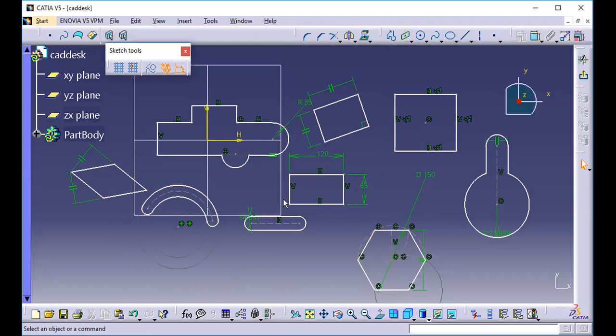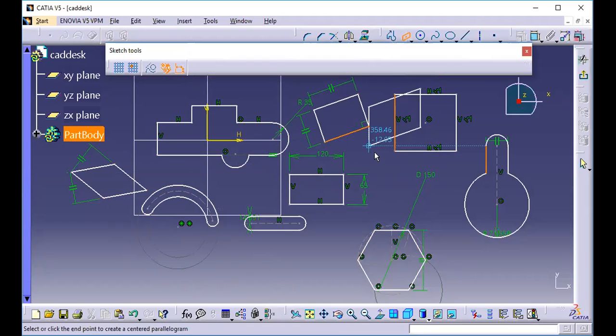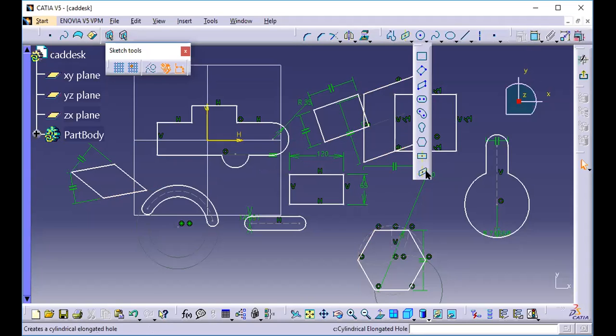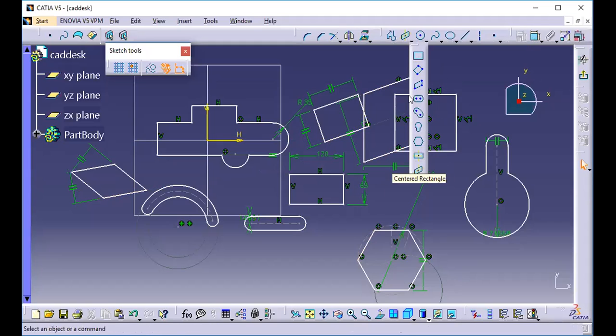If your lines are at some angle, it will give you a result like that only. Like this, you can create a center parallelogram. So these are the features of parallelogram: elongated hole, keyhole, straight elongated hole, and rectangle parallelogram like this.